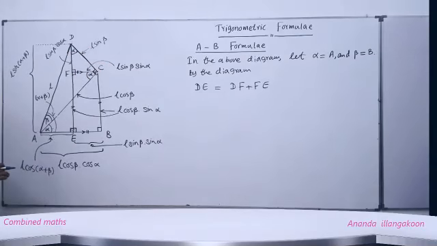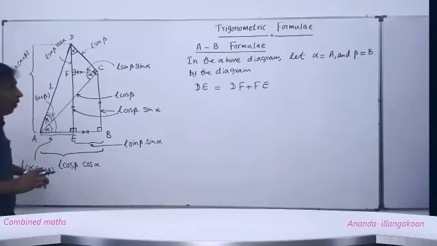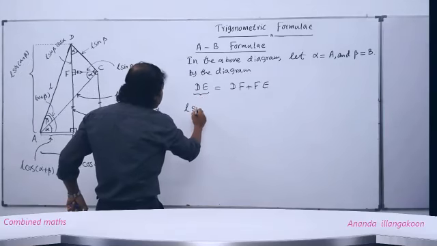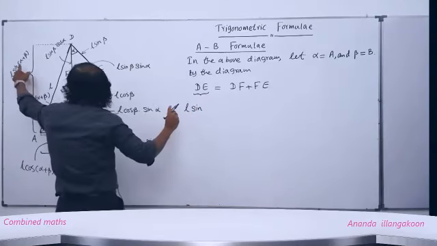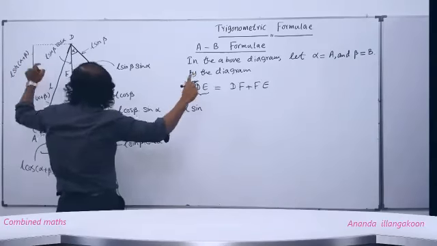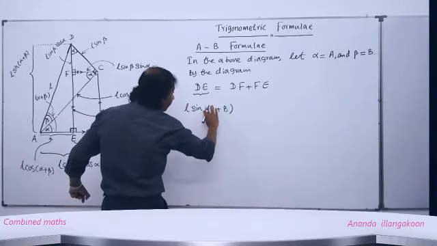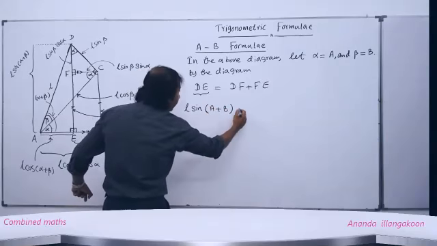DE here is L sine alpha plus beta, but alpha is A, beta is B. Then you can write DE, L sine A plus B equals